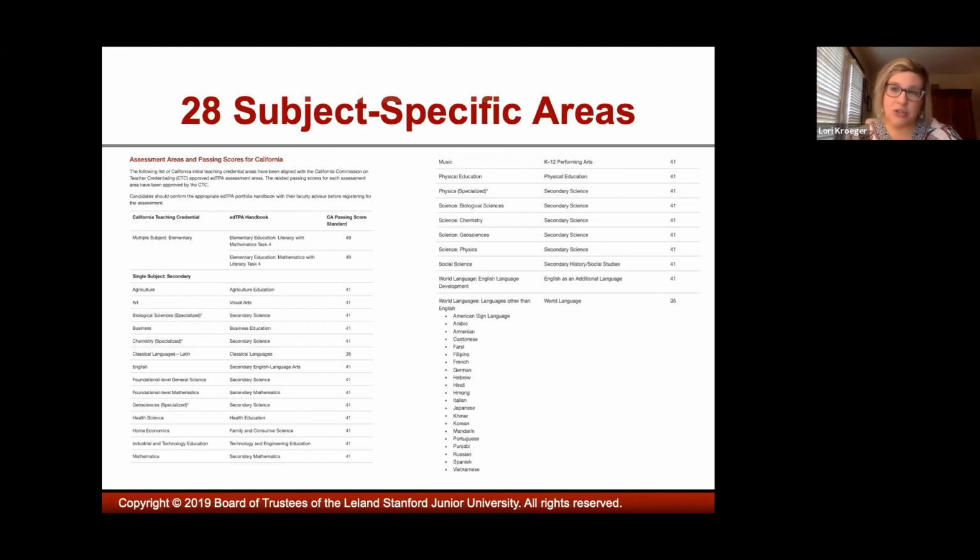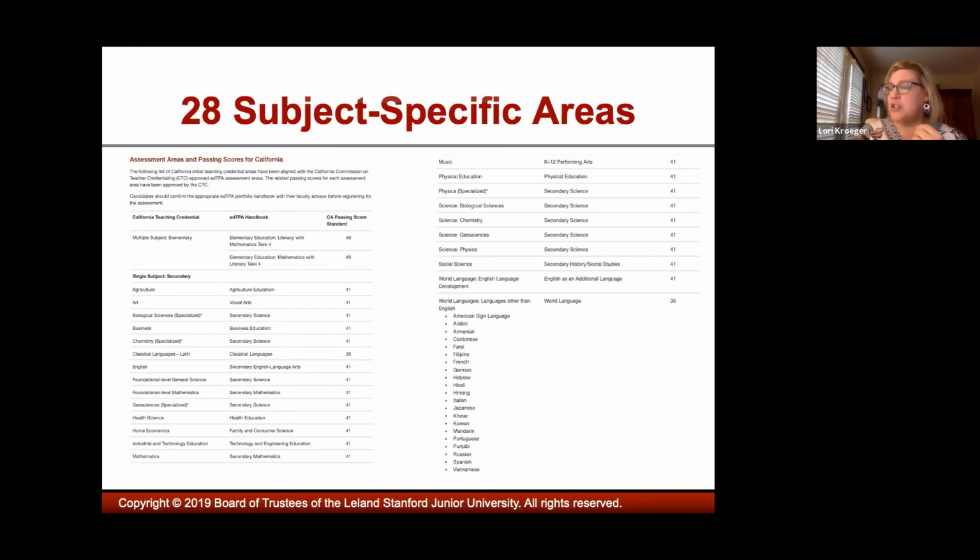All of those fold under the secondary science handbook. Very similar with mathematics: geometry, calculus, general mathematics, all of that would be under secondary mathematics. So some of them are collapsed.